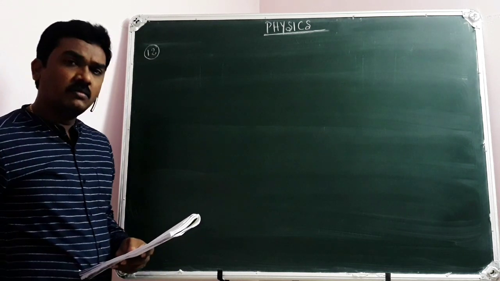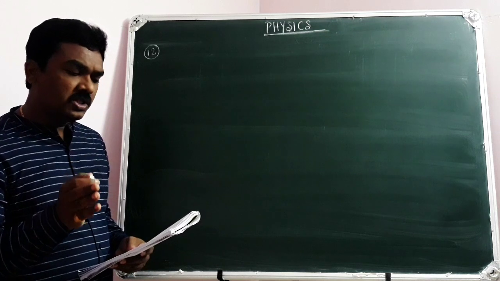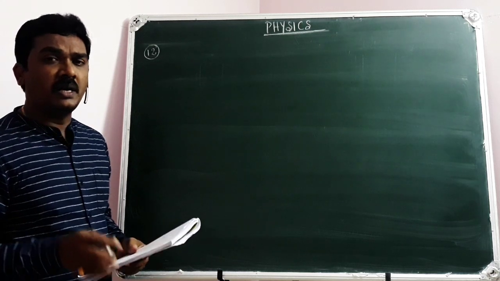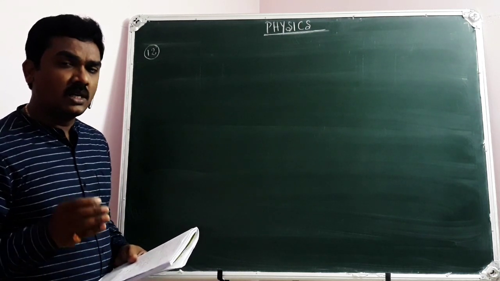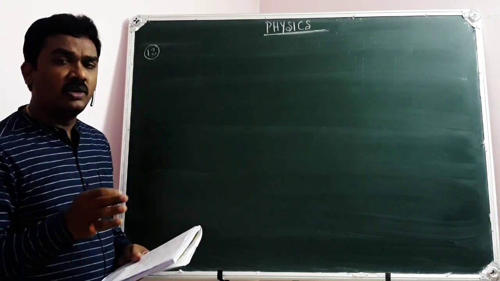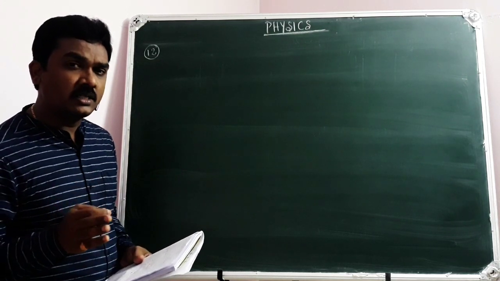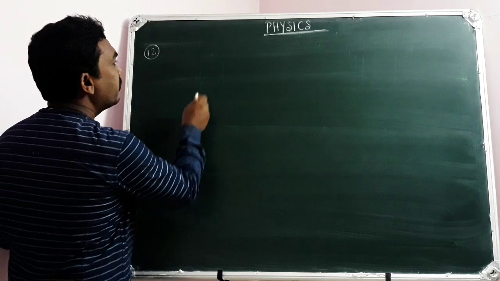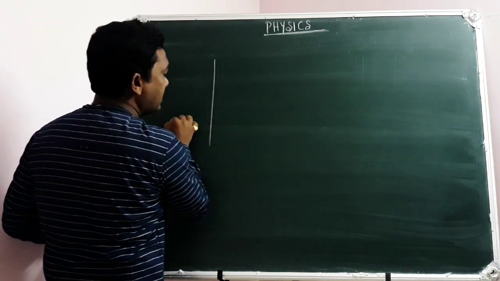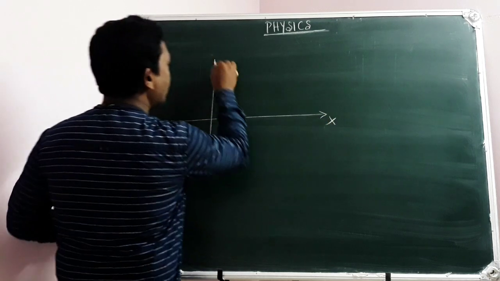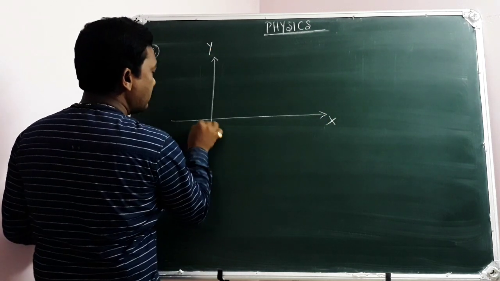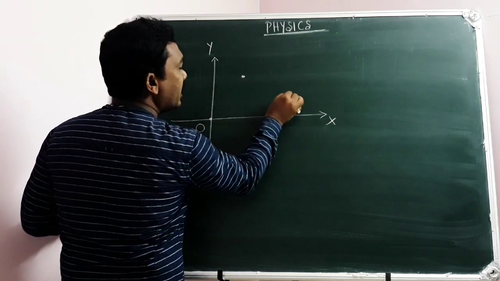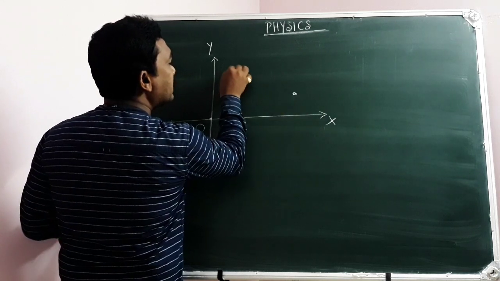The 12th question is, there are 2 points whose position vectors are r1 bar and r2 bar, where the particles are located. Particles are located in a plane at 2 different points, and their position vectors are r1 bar and r2 bar. What does it mean? Let me explain diagrammatically. Here, this is your coordinate system. This is your xy plane. Here is the origin. Now, let me suppose there are 2 different points, one is A and another one is B, where my particles are located,